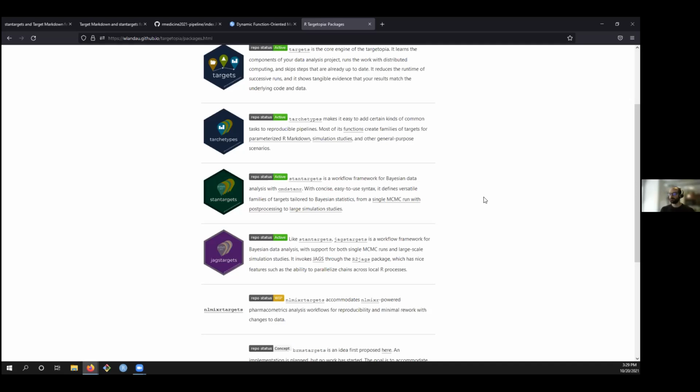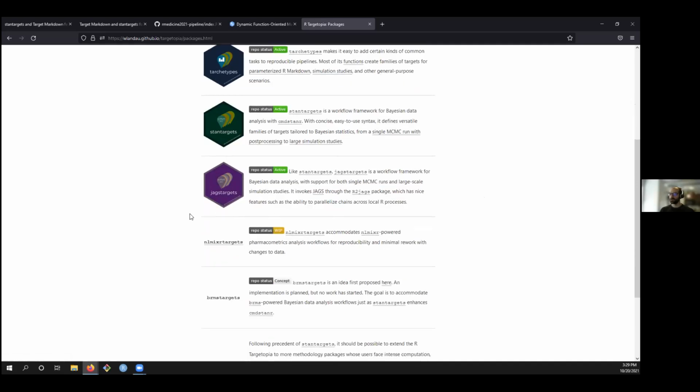For the Bayesian group, I thought about doing packages similar to this for other probabilistic programming languages and black box samplers like Greta, for example, or packages like brms. Those are some ideas, but I haven't gotten around to implementing those just yet.